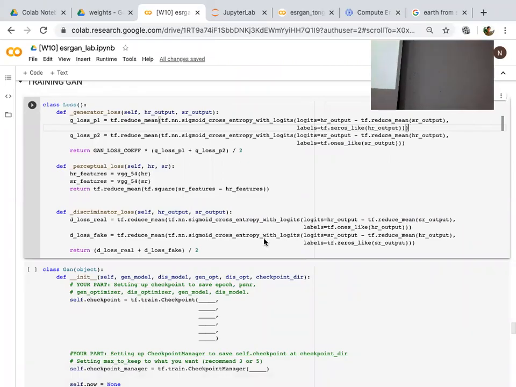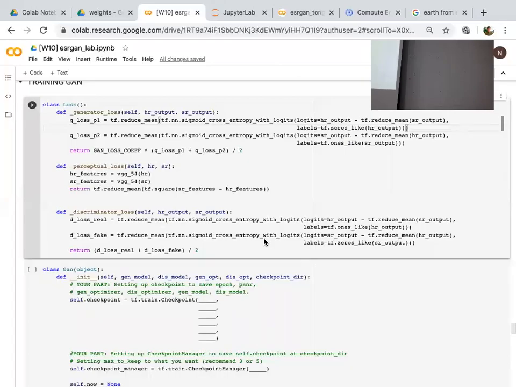Okay, so I'm going to talk about the loss function of this specific game. This loss function only works for this super resolution game, so I will run through it quickly. If you want to visit it, you can see me. Okay, so the first thing we have here is, remember yesterday we talked about how to calculate